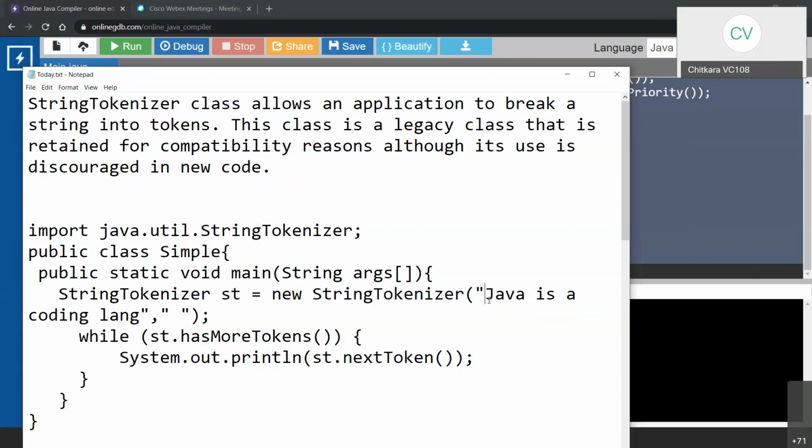"Java is a coding language" is the string given to you. And then we have a space over here. So Java is a coding language is a string given here, and there is a space. You have said the string should be broken on some particular token, and that token I have mentioned as a space. In case you want to split a string, then either you use String.split, which was taught to you,